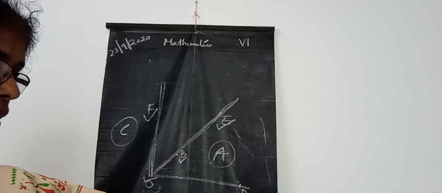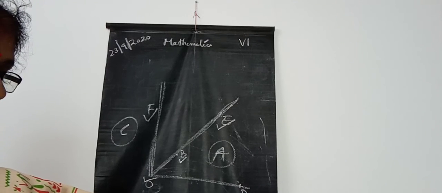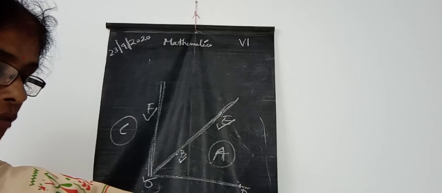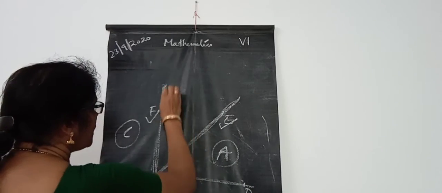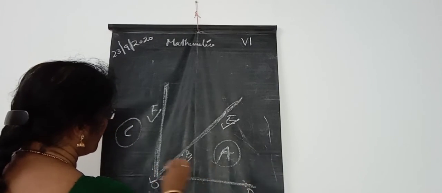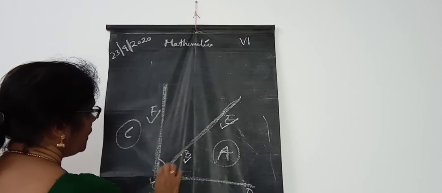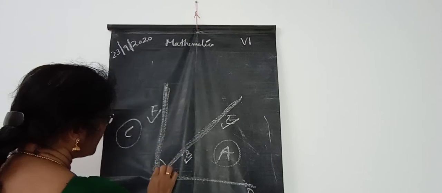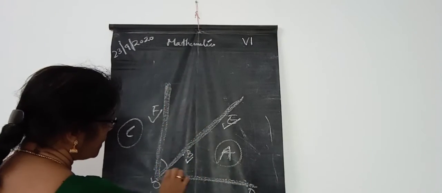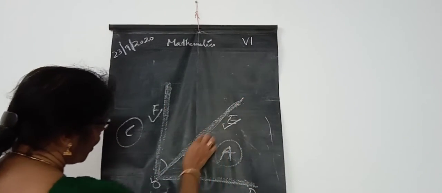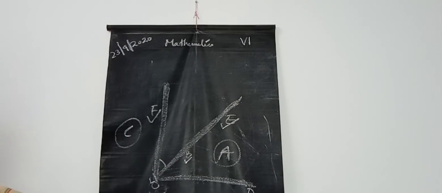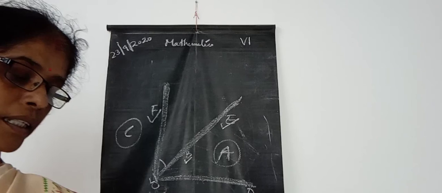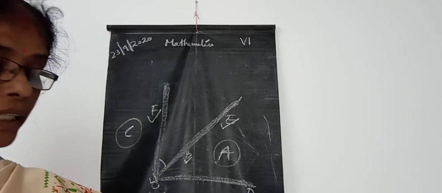Then next one is: draw a rough diagram of two angles such that they have one point in common. Here you can see two angles. One angle is DOE and another angle is FOD or EOD, and the common endpoint is O. Okay. Then next, triangles, that you can take as homework.